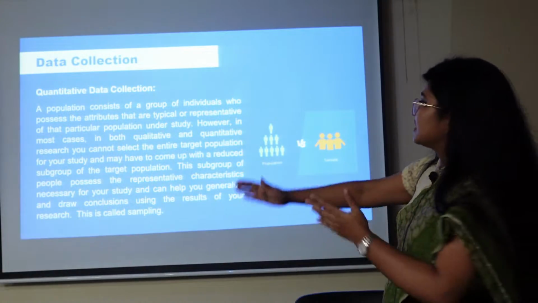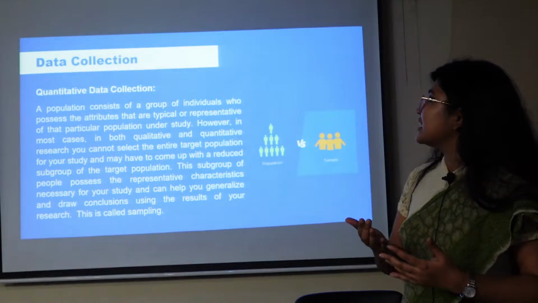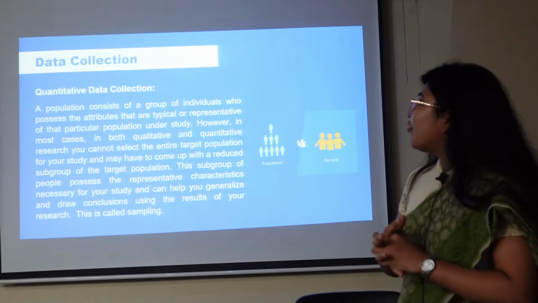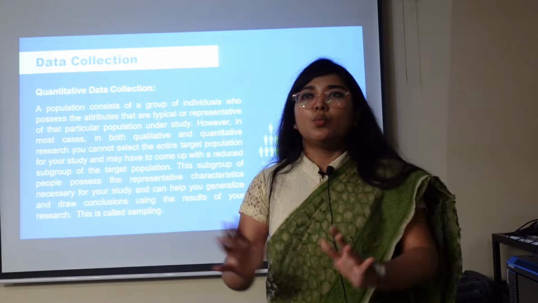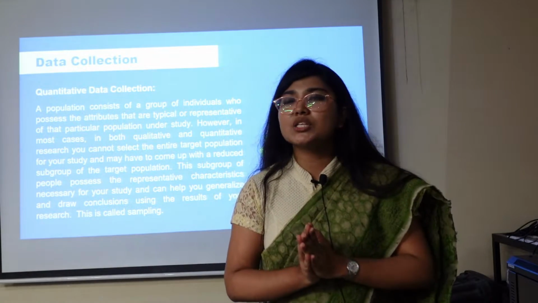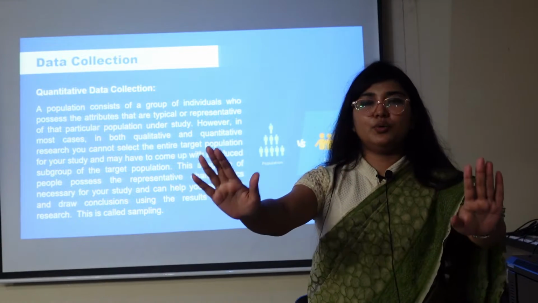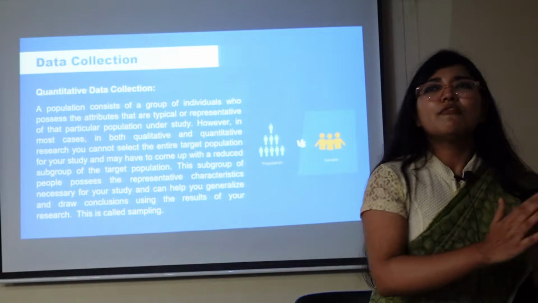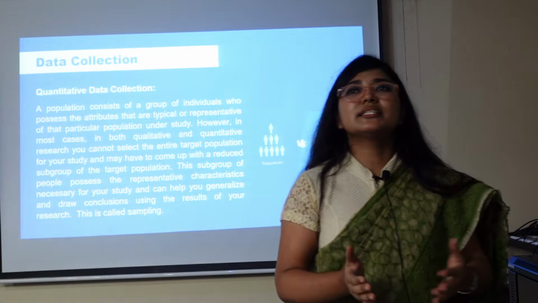You don't have to look farther, just look at the slide. A population consists of a group of individuals who possess the attributes that are typical or representative of that particular population under study. So for example, us, we can be considered a target group or a target population because we have the same academic backgrounds, all of us, all of you at least. So you are a representative sample, you are a representative group for certain researches. For example, a research on IML probably, a research on